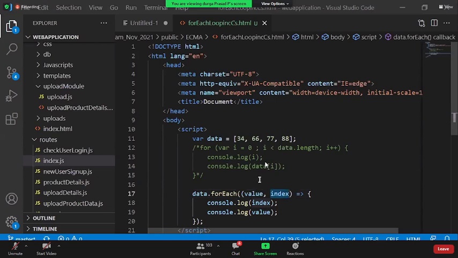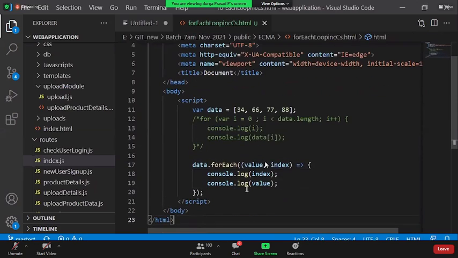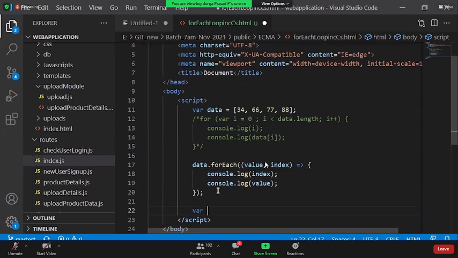Okay, now the next part, let us say I have a JSON object. Okay, let me do this, guys.